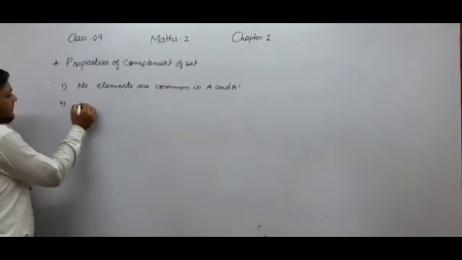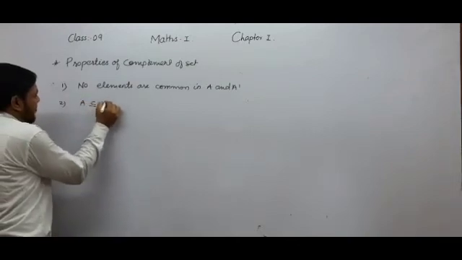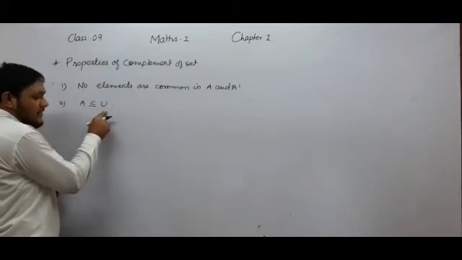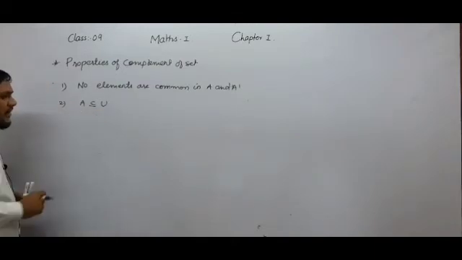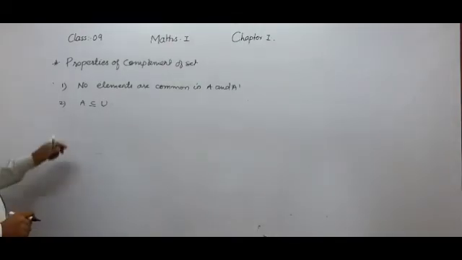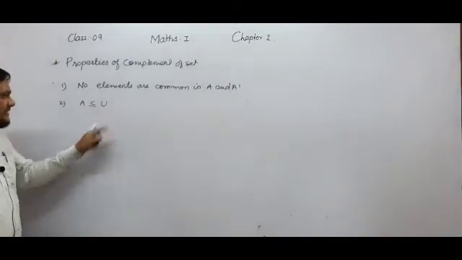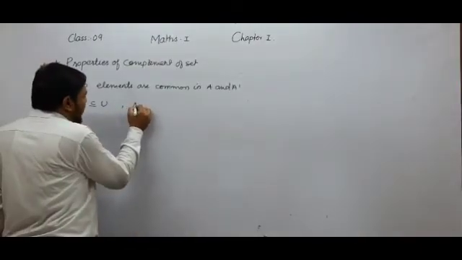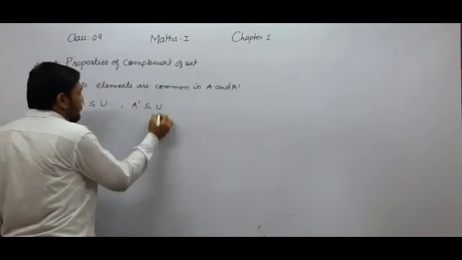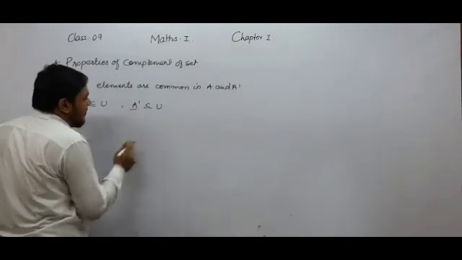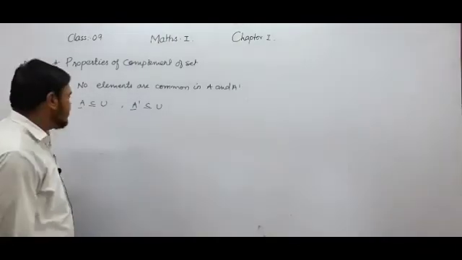And next one is, we know that A is the subset of U. If we find the complement of set A, then we have to consider one universal set and take set A into consideration. So this set A is always the subset of that universal set. And if we find A complement, it is also the subset of U. So remember that both A and A complement are subsets of the universal set U.